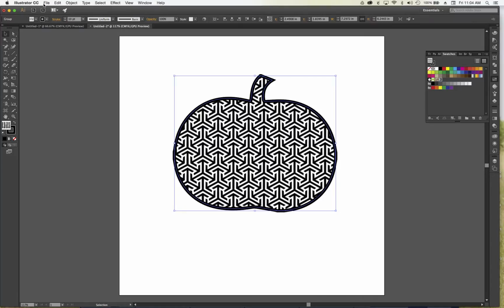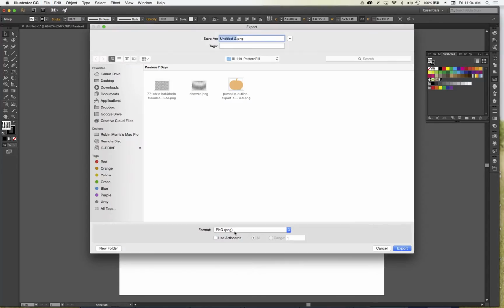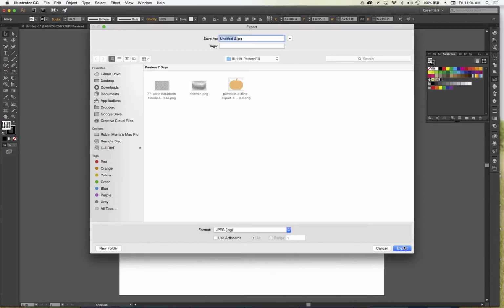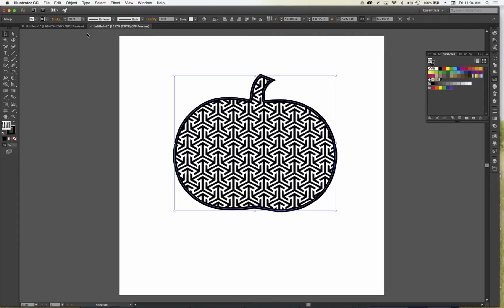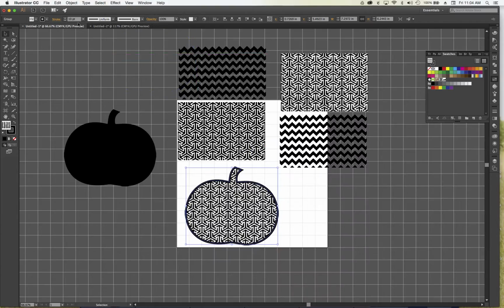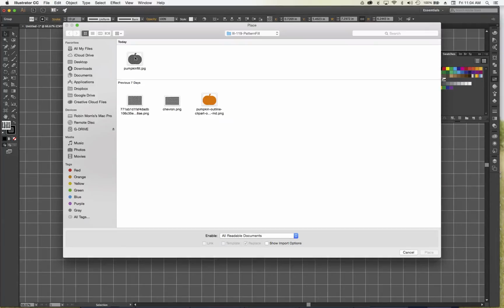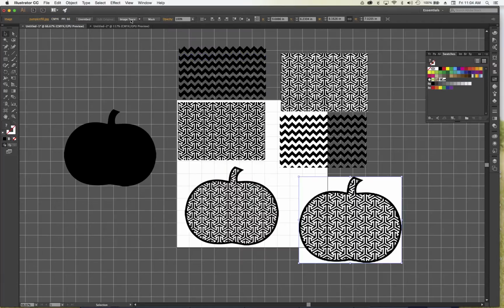And I would do File, Export As, and I'm going to save it as a JPEG. I'm just going to call it Pumpkin Fill. Okay. And I'm going to go back to our original here, and I'm going to now place that image. So I'm going to hit File, Place, grab our Pumpkin Fill, and now I can image trace it,